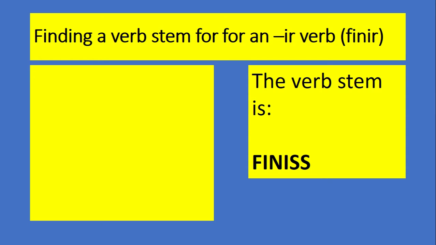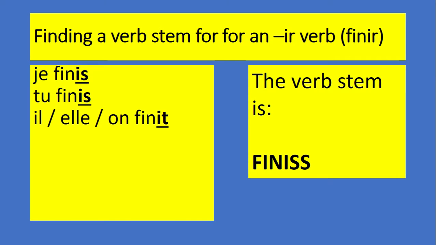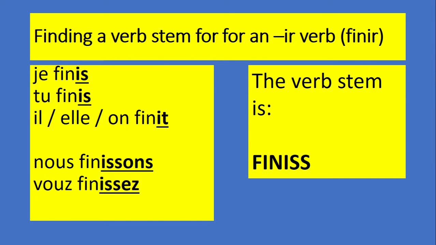Here's an IR verb: je finis, tu finis, il finit. Nous finissons, vous finissez, ils finissent. Now this is a bit more complicated. Go to the nous form, nous finissons. The ending is ONS. But remember, all we have to do is take off the ONS. So the verb stem is finiss,